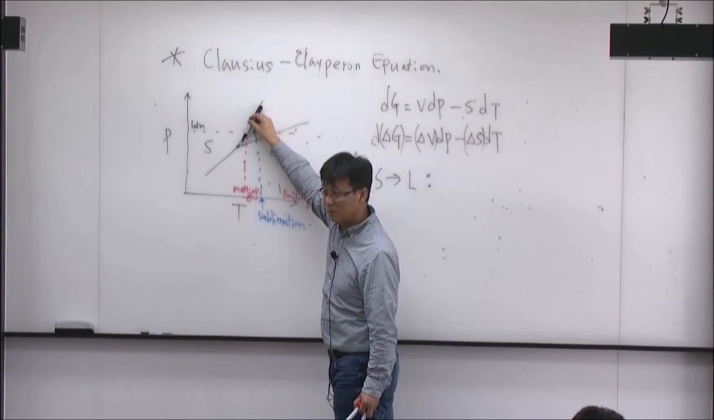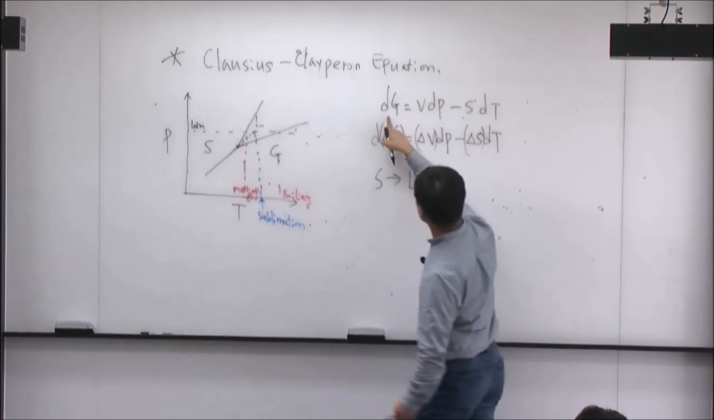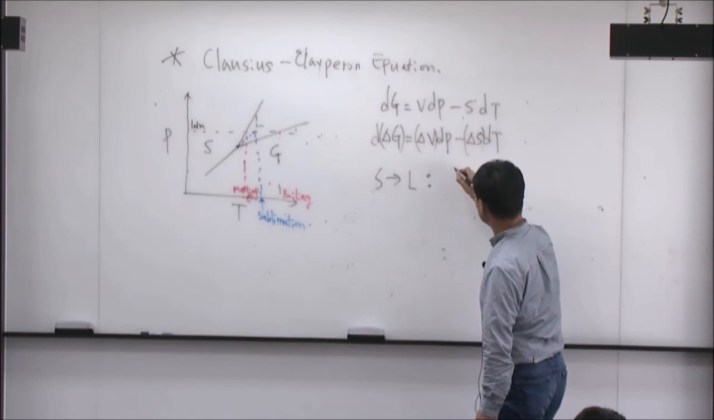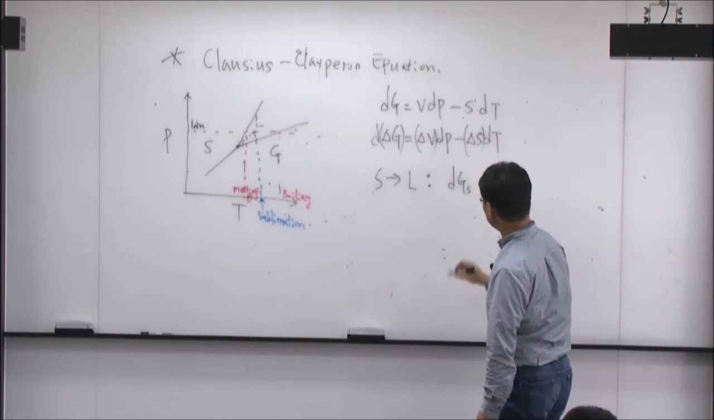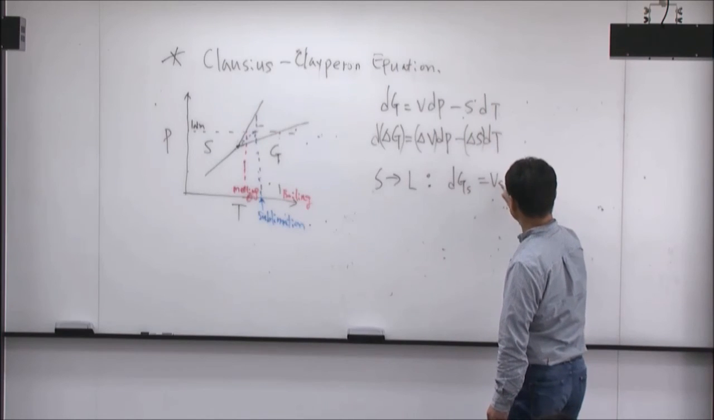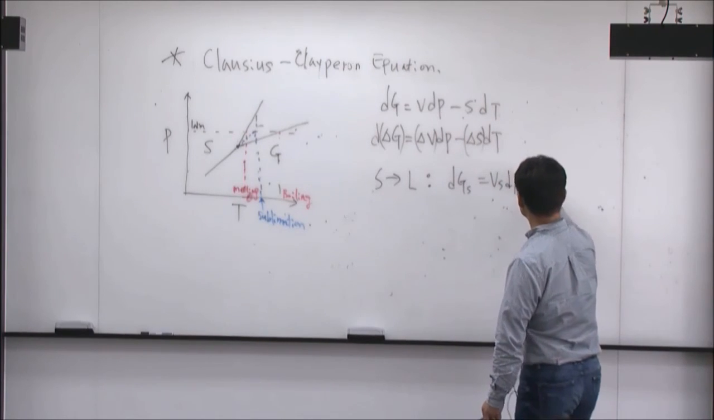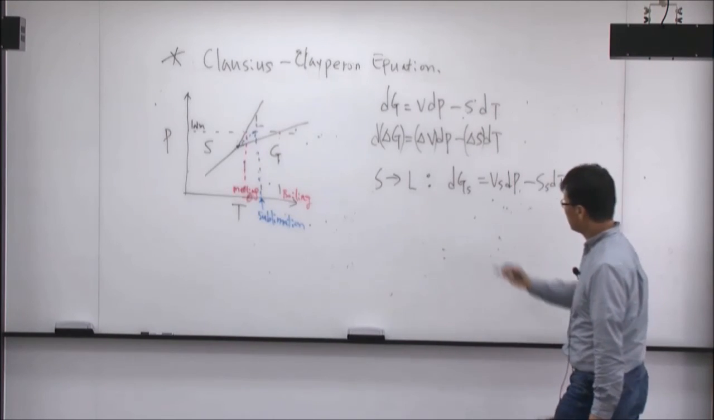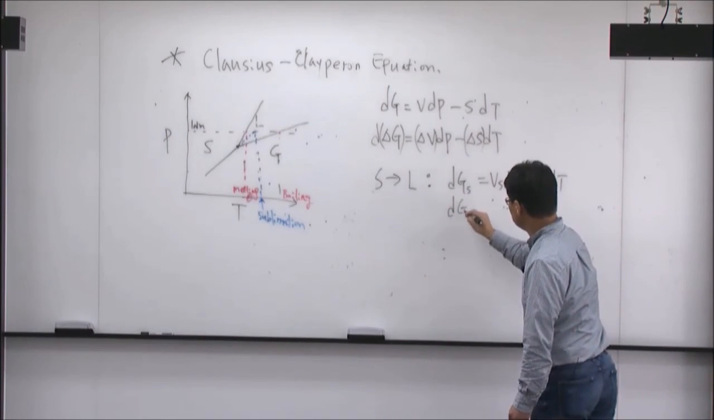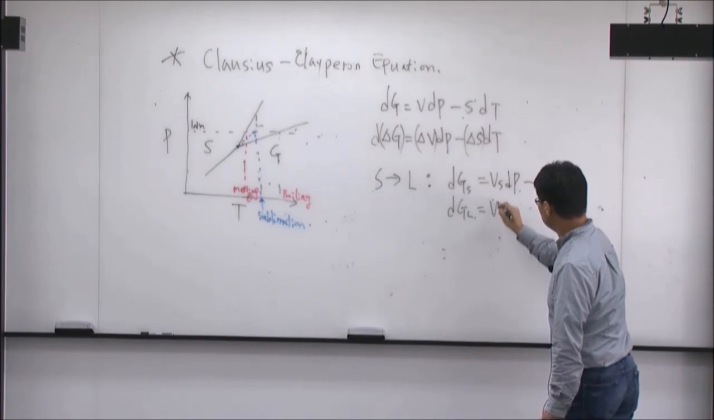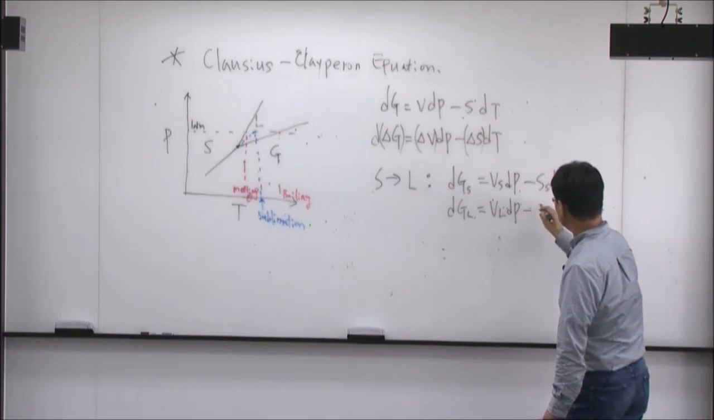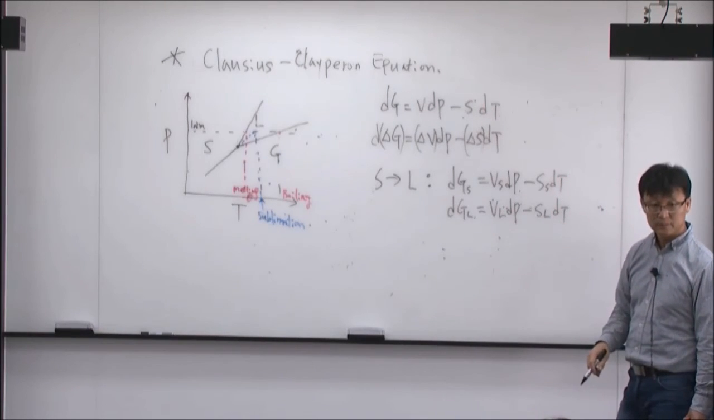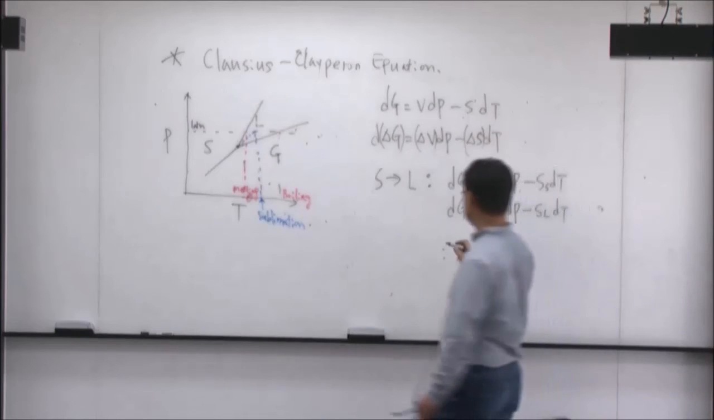Okay? So for the solid phase, I have Gibbs energy of solid equal to V solid. So I will have dG solid equal to V solid dP minus S solid dT. You can have this one, yeah? And same thing for the liquid phase, dG liquid equals V liquid dP minus S liquid dT. I could have these two equations. Okay? And at